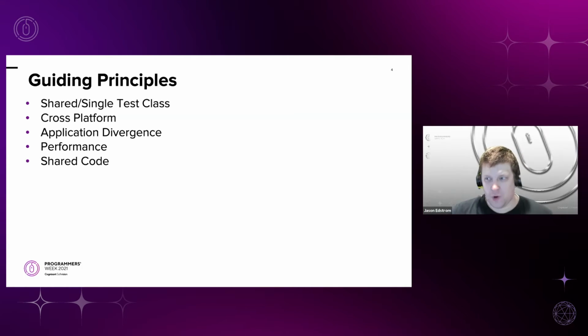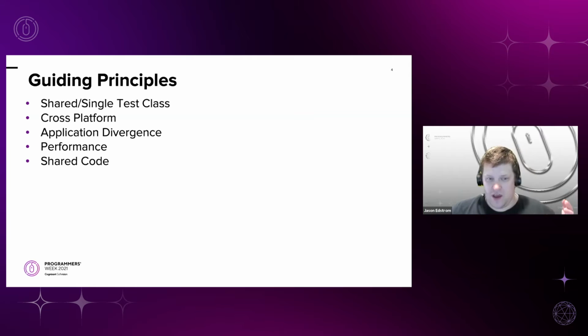Performance, we want it to be very performant. We don't want to have to do a whole bunch of extra calls and manipulations in order for the automation to succeed. So performance is a big detail. When you want a page element or a UI element, you're getting that one element rather than having to do multiple interactions to accomplish the same task.